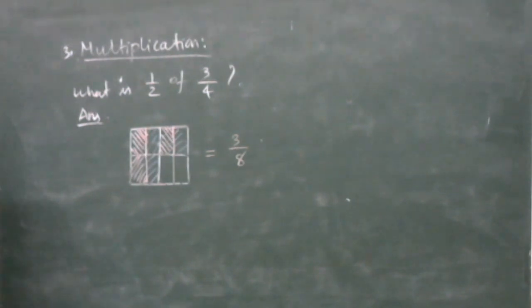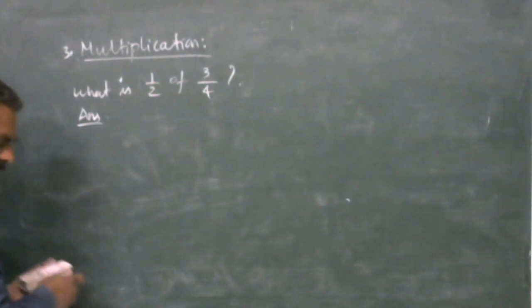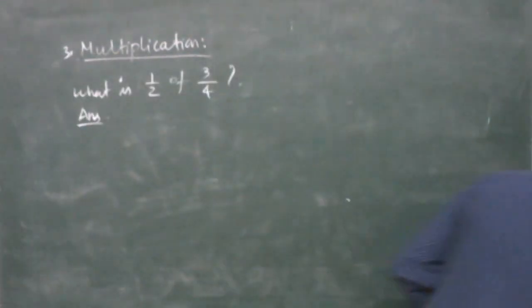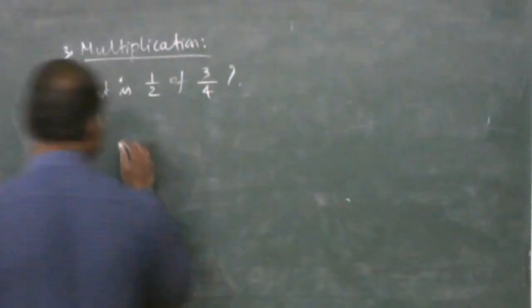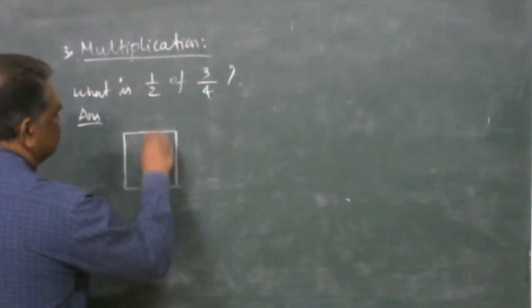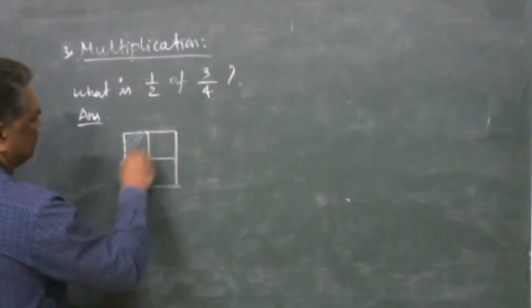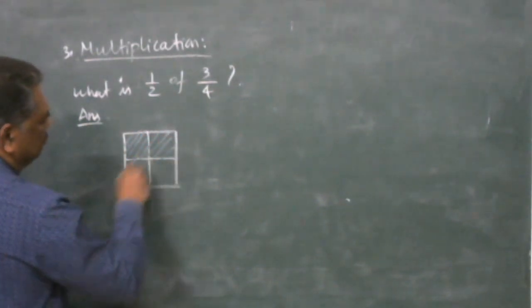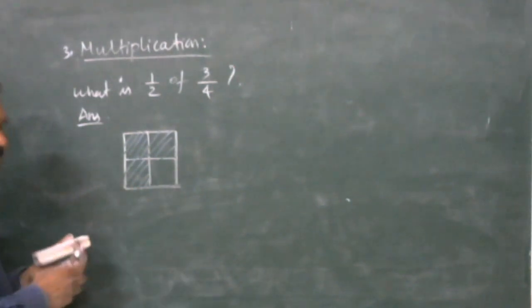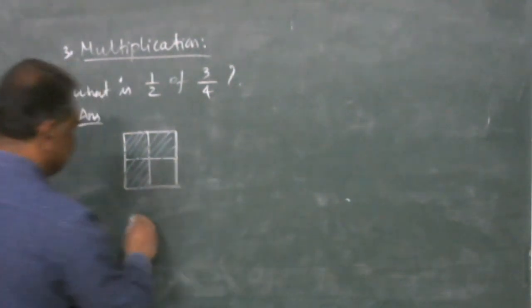3 by 8. So how do you get it? Let me quickly draw once again. Once again let me explain because it's very important. So there are 4 pieces. Out of that, 3 pieces are colored. 1, 2, 3 pieces are colored. This is 3 by 4. Now we need to take half of it. So once again let me draw this